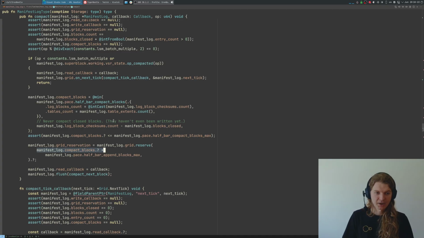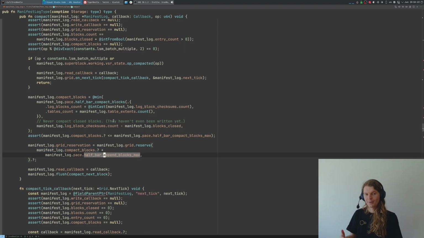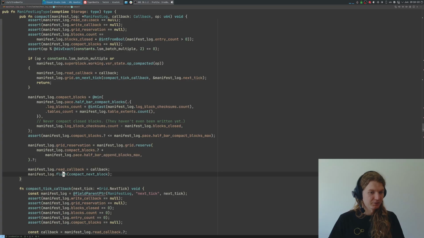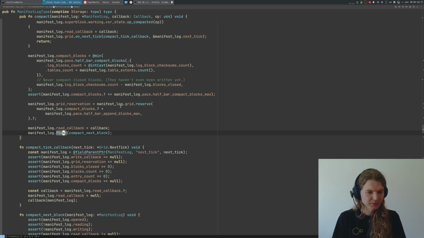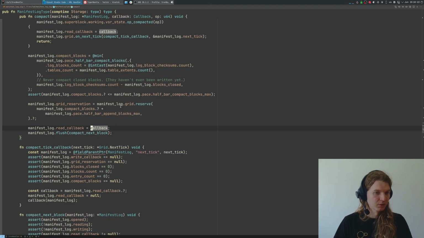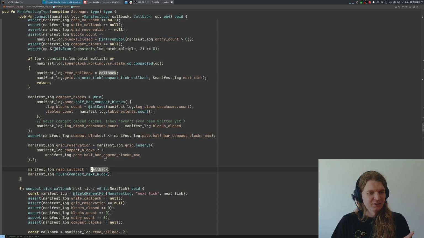So we also append how many new blocks we might create. Okay, then let's see what happens next. As usual, we, okay. So I guess as usual we